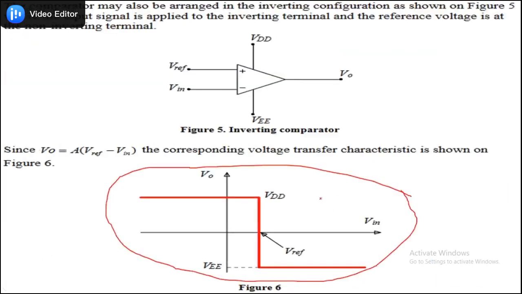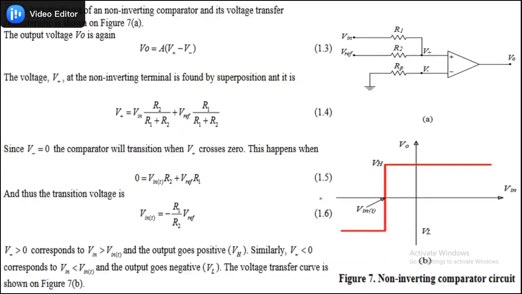So similar to this, there are several other configurations of comparator that exist. This is one such configuration. So first you have to observe it carefully. Here the inverting terminal is connected to the ground and the Vref and Vin are kept on the non-inverting terminal. In this case also the governing equation will remain the same.